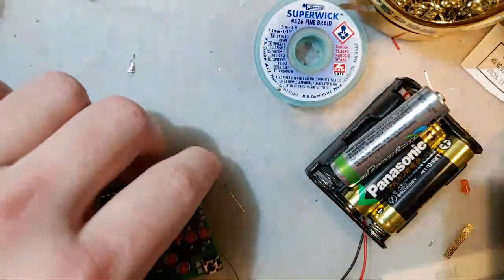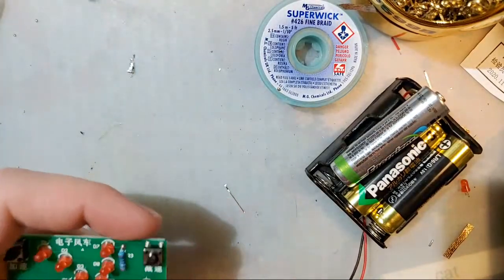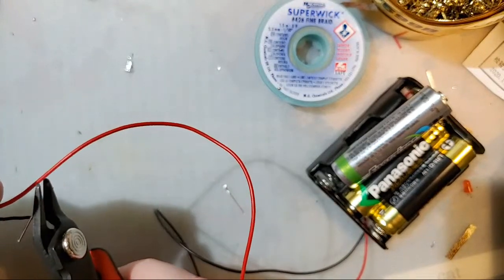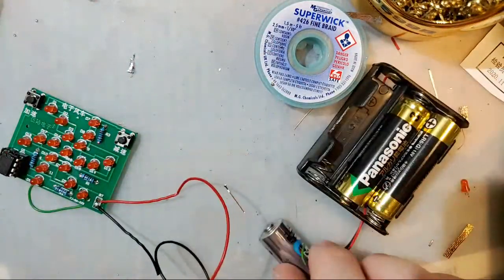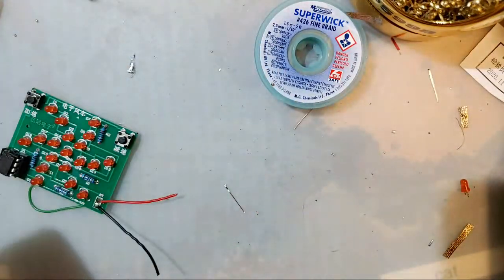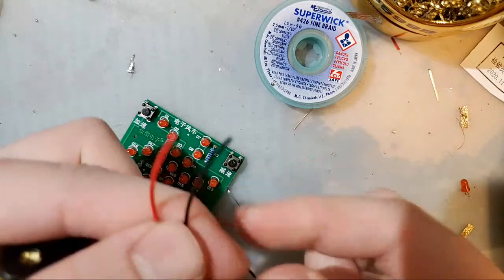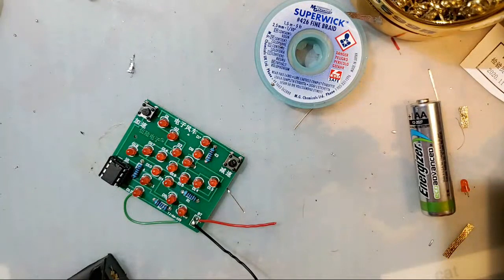So I want to talk about one more thing because I'm here. Why not? Instead of desoldering this, I'm just gonna cut these off. This is not one of them, but some soldering iron kits come with a 2 battery holder. And one of the cool things that you can do with that 2 battery holder is when you're done playing with your kit, you can cut these ends off and solder on...